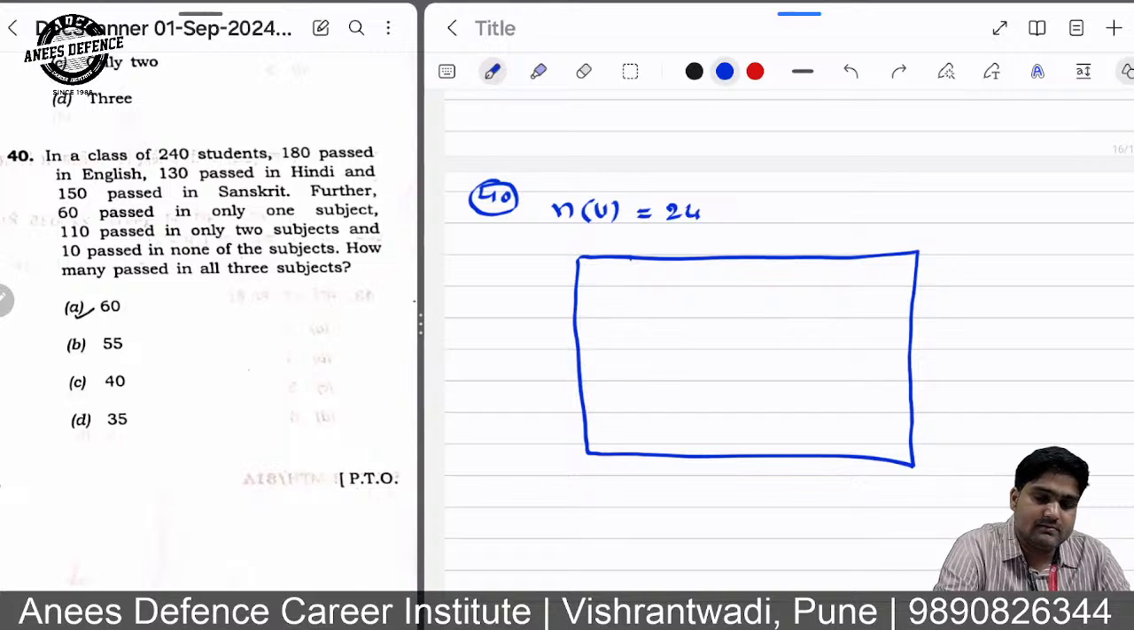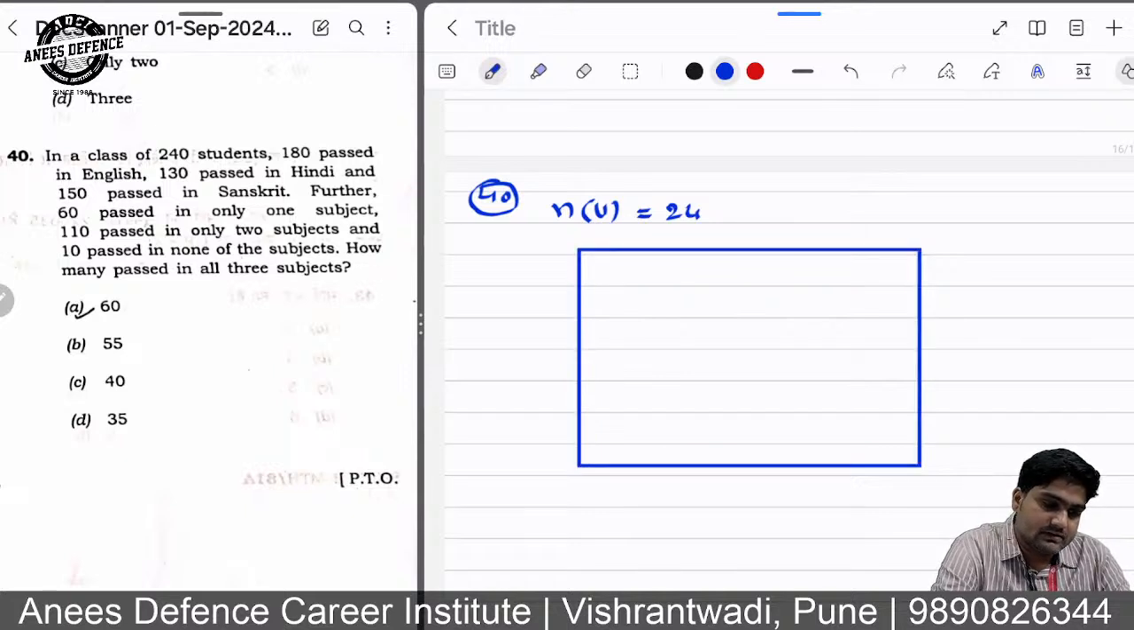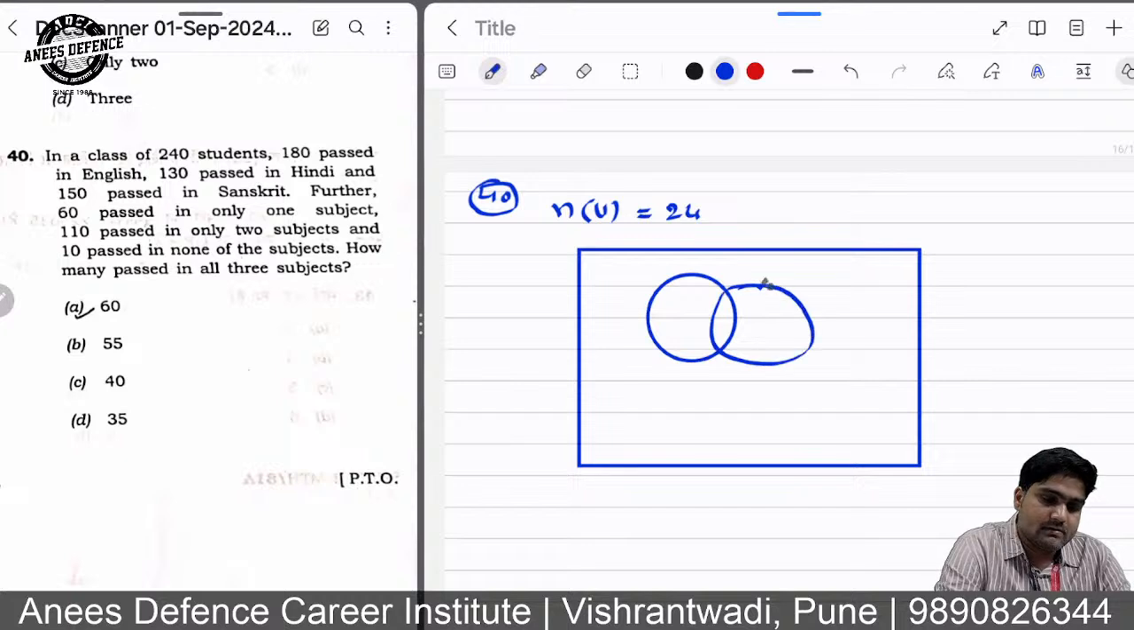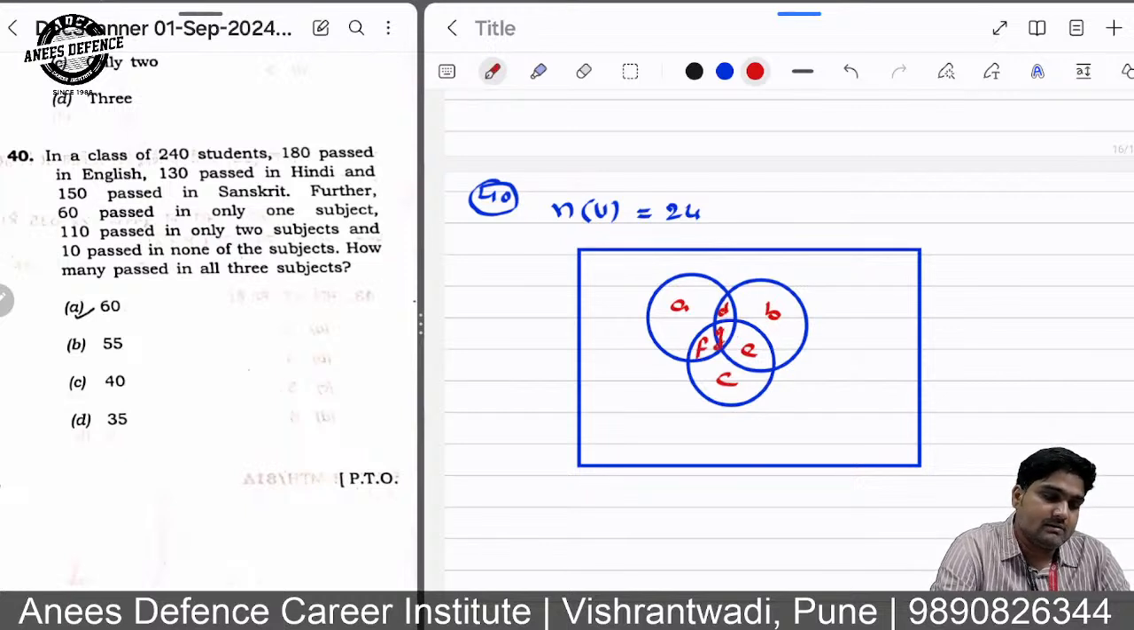Okay, so first make the Venn diagram. There are 3 sections: one is English, one is Hindi, and one is Sanskrit. Let's mark the sections. So this one is A. If I consider this one is B, C, this part is D, E, F, and this one is G. Okay, so now